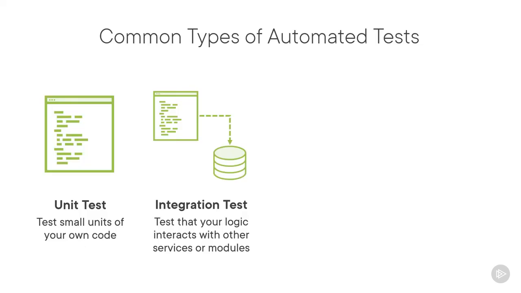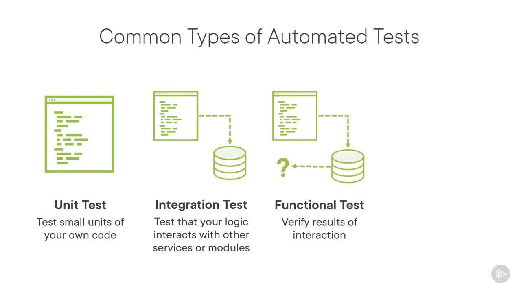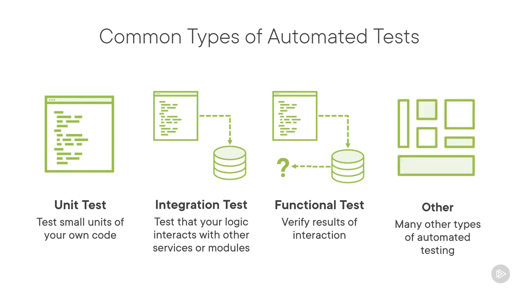An integration test verifies how your code's working in combination with some other code or service. An oft-used example is testing out code that interacts with a database. Does a query executed on the database actually hit the database, or does it bring back the right type of data? Functional tests are like integration tests, but they verify that a certain set of functionality in your app, possibly a combination of components, perform a particular process correctly, maybe even testing that expected data is correctly returned. There are so many other types of automated tests, like user interface testing,